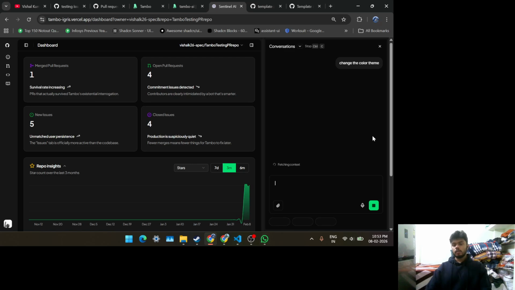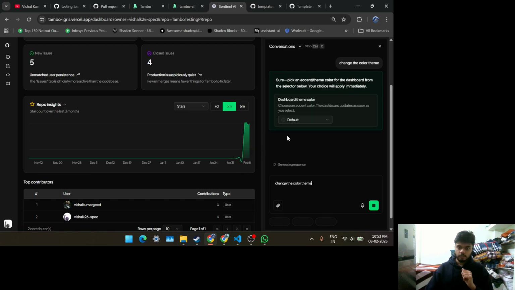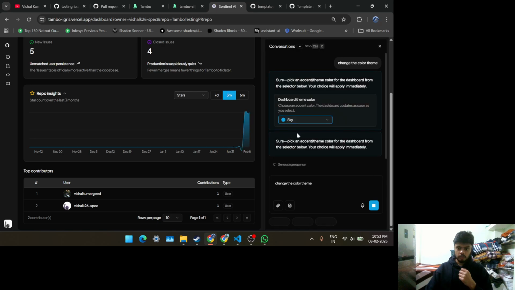Now the AI will show all the color theme options available, and with respect to what the user selects, it will customize the appearance of this dashboard. Okay, the latency is too high. Let's say I select orange, I select red, I select sky,